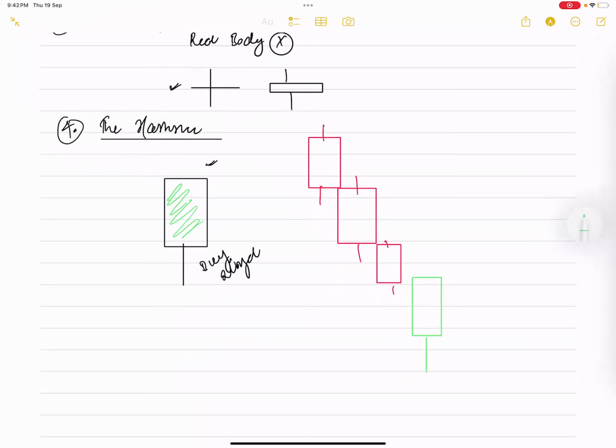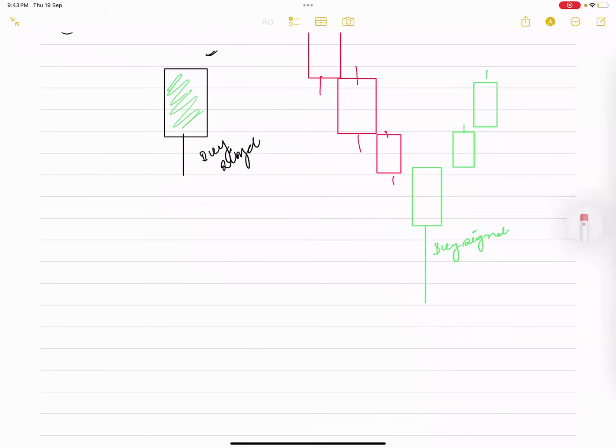Generally, if you look at the wicks of such a candle, they are generally bigger. So it basically indicates a buy signal. Generally from such a point we see a trend reversal. We'll be able to see such patterns. It will be like this, or it can be like this. So there will be a trend reversal from such a point. Likewise, there will be a hanging man, which is basically the opposite of this. So if you look at the hanging man, it'll be like this.